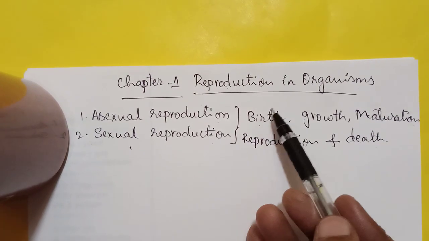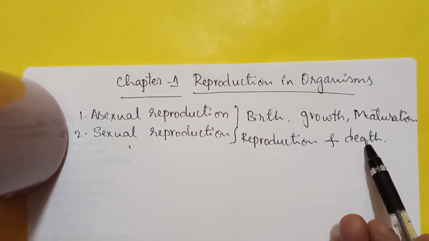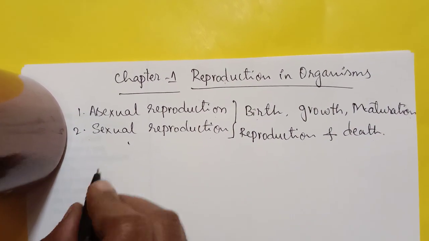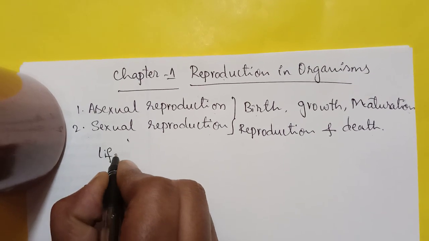The period from the birth to death of an organism is represented as a lifespan,